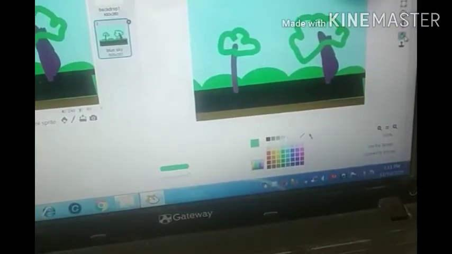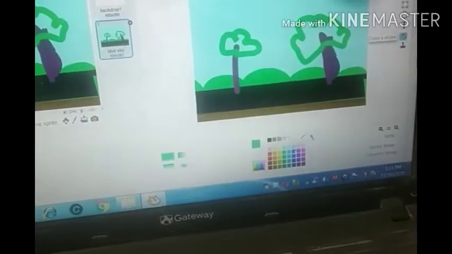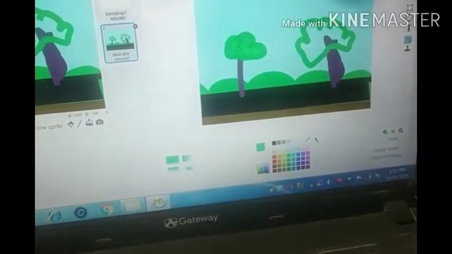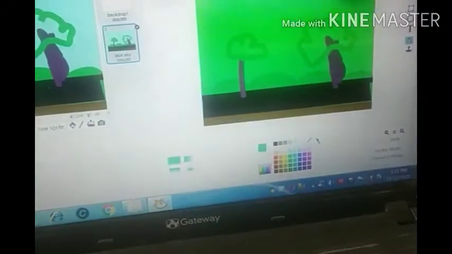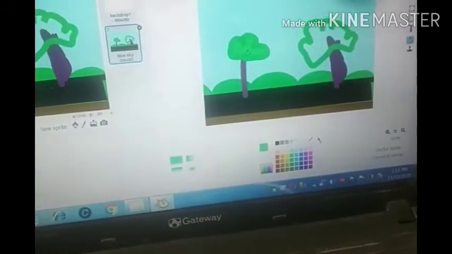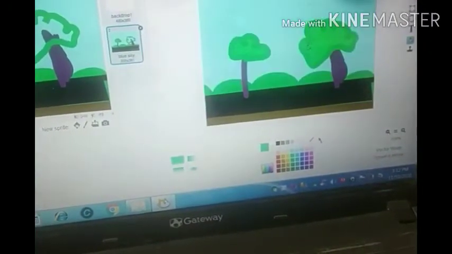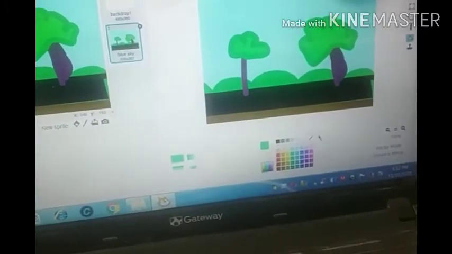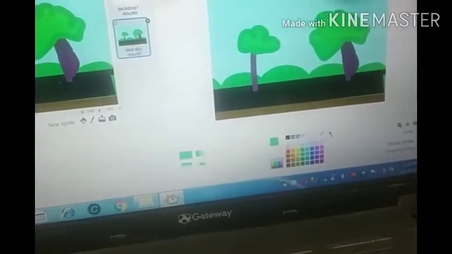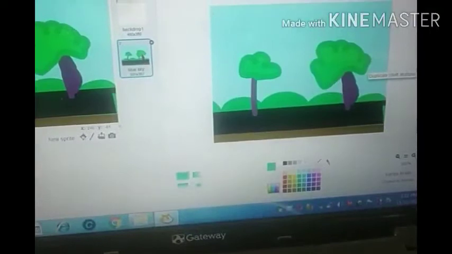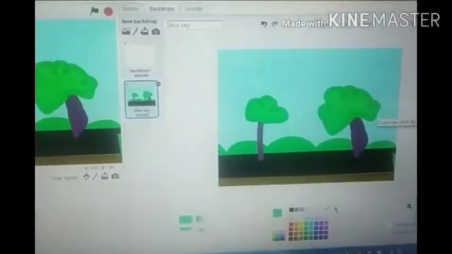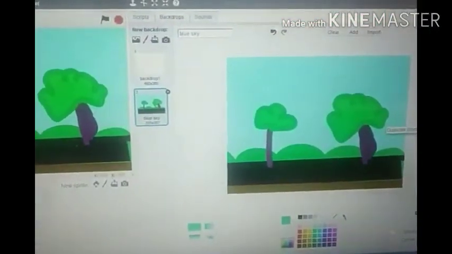Now using the fill bucket tool, color a shape, and the same color is going to be filled inside. Clicking there and clicking inside, it has been filled. After filling the colors, it looks as we want.